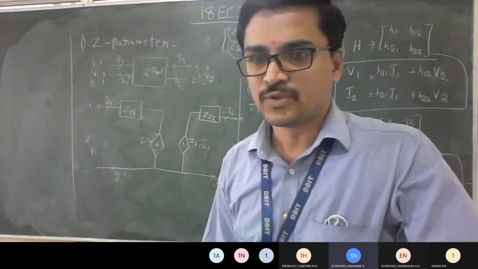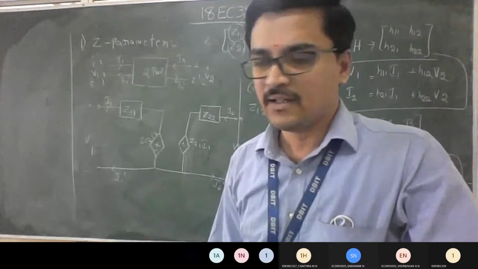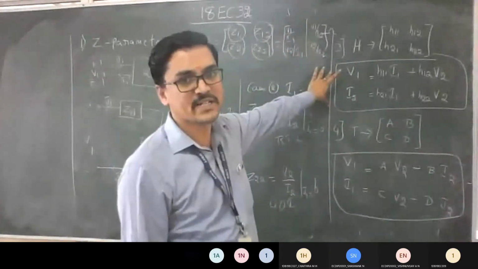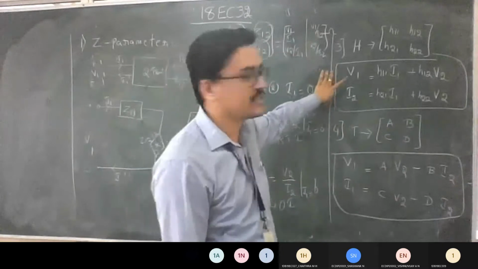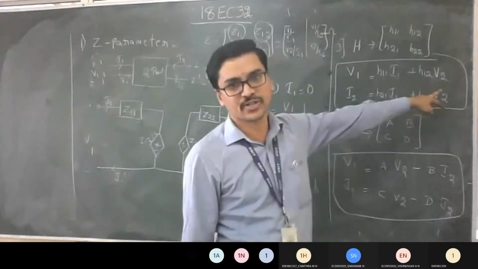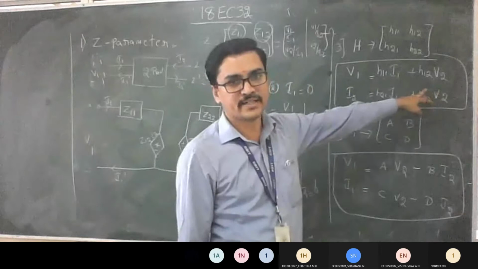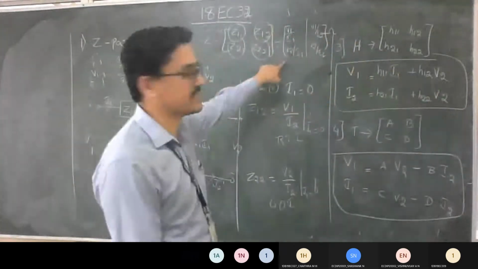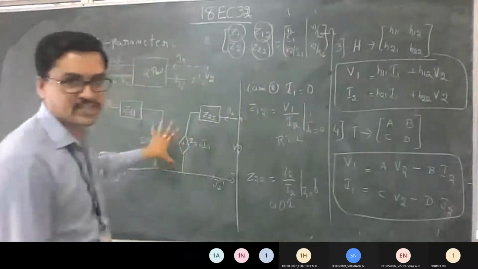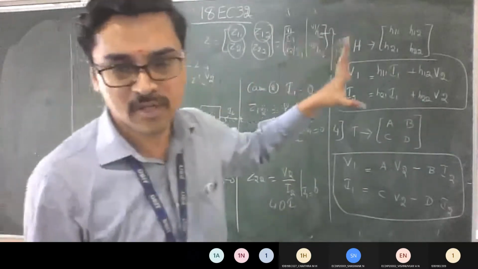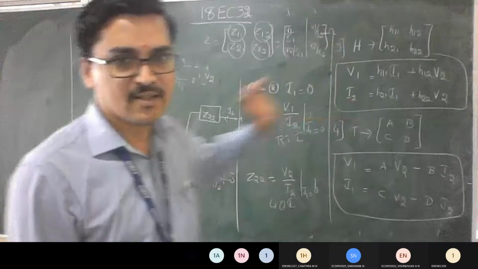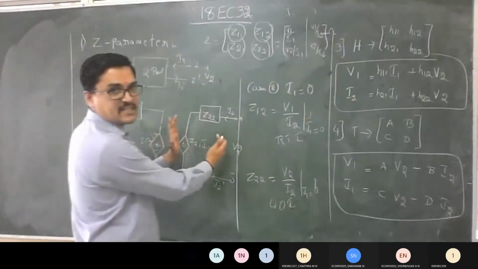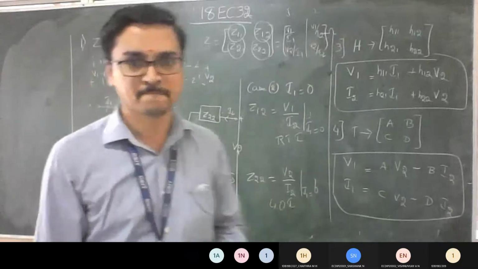Yes, sir. So similarly, if I take the H parameter, the procedure remains the same. Look at the H parameter equations here. So getting the derivation or coefficients remains the same, right? Here case 1 is V2 is equal to 0, and case 2 is I1 is equal to 0. You're going to get the answers. Then you're going to put that like this. After this, how does the circuit look? It is a combination of both. Hybrid, right? I told you hybrid, correct? So what should you do? You need to keep one end as voltage and the other end as current. Understood?